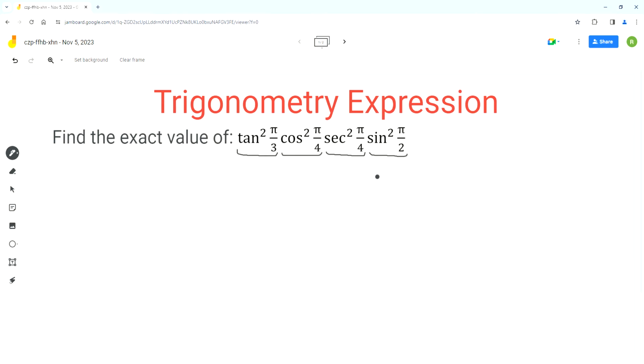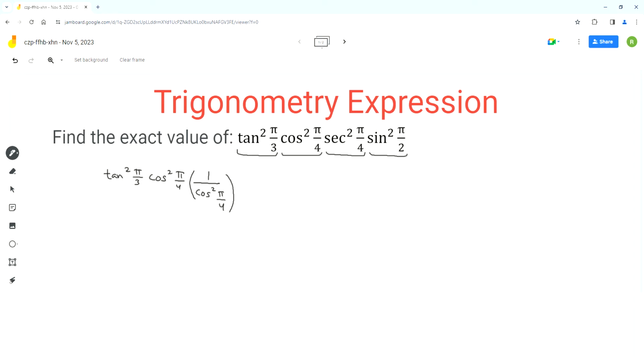Now the first main observation here is that the secant ratio is a reciprocal ratio. The other three ratios are the primary ratios. So the first step here is to convert this reciprocal ratio into its corresponding primary ratio. So our first step will be to change secant into cosine because secant is the reciprocal ratio for cosine. So we'll start with tan square pi over 3 times cos square pi over 4 and then times 1 over cos square pi over 4